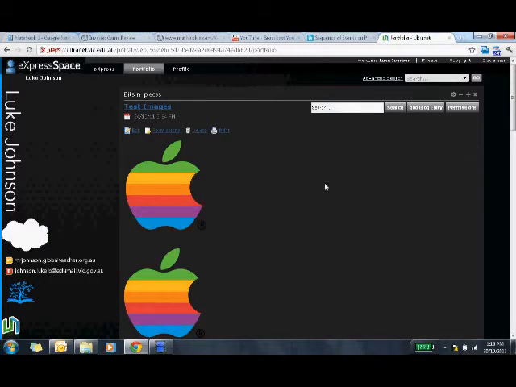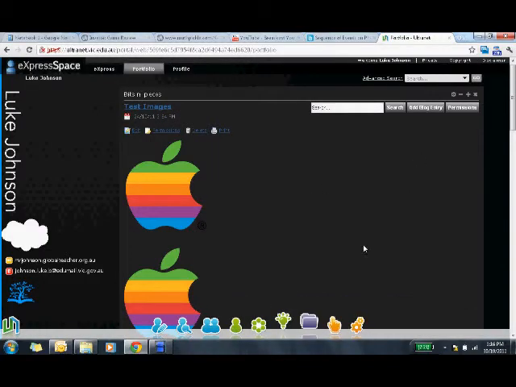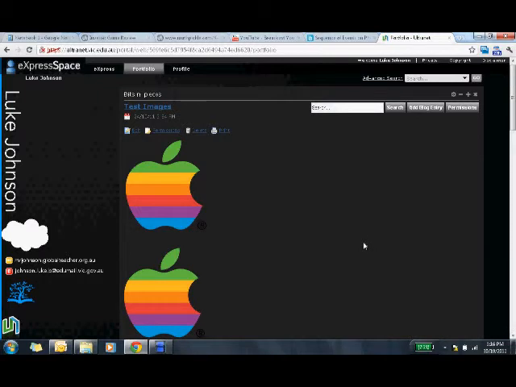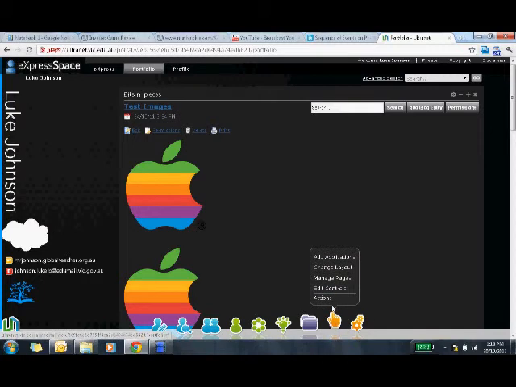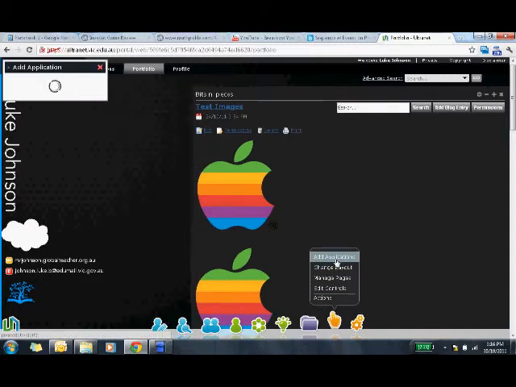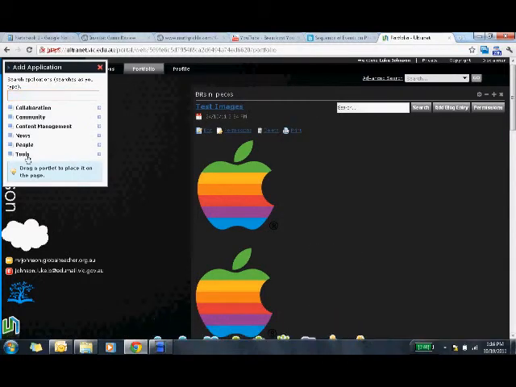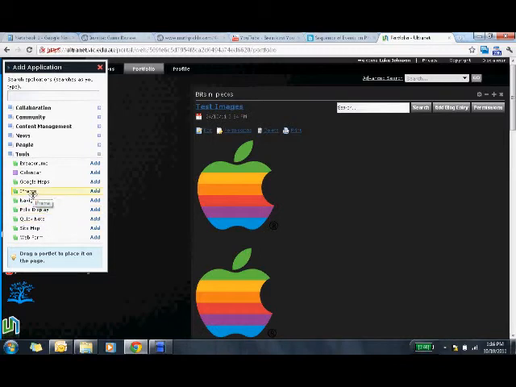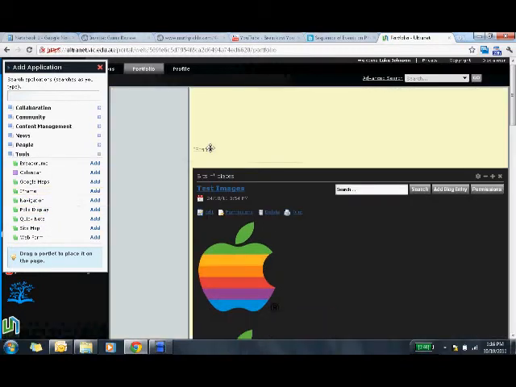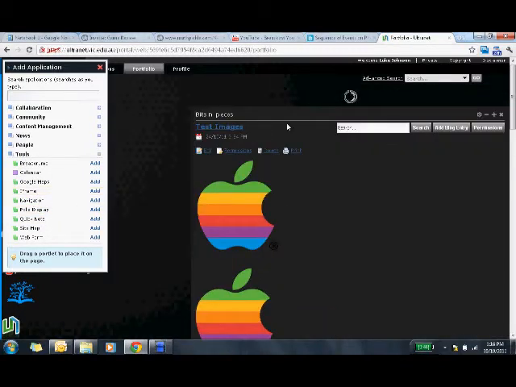You can embed with one particular type of code directly into your wiki or your blog posts, or sometimes when sites ask to embed, they only provide iframes, and if that's the case you would need to go into applications and use tools and then iframe to do that one. So you drag that one out and you would go through when it eventually pops in,